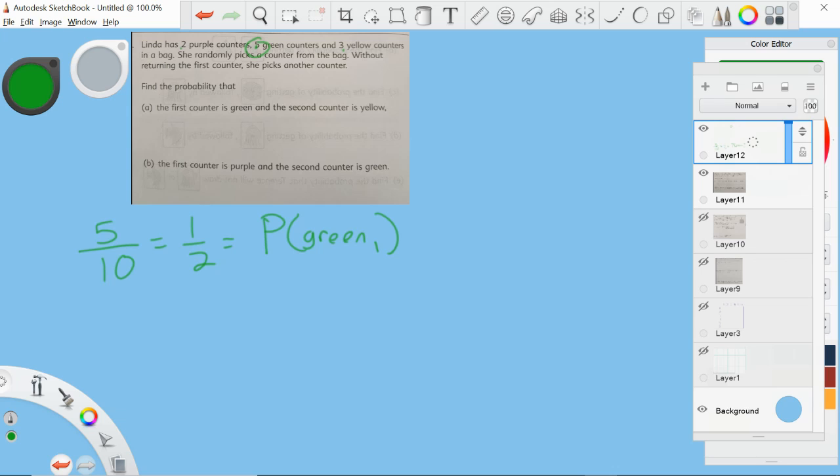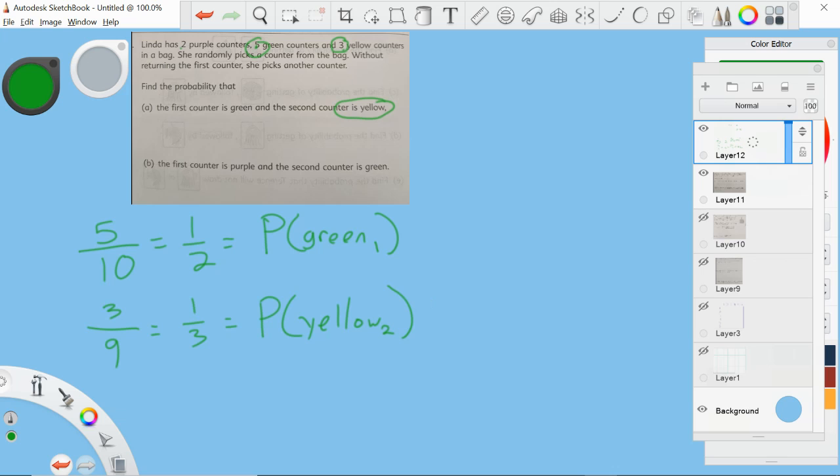Now, what's the probability of pulling a yellow counter on the second pull? Well, let's see. There's going to be 3 yellow counters, but there's not 10 counters anymore because I took one of the green ones out. There used to be 10 counters, now there's 9. Okay, so the first pull affected the number of possible outcomes of the second pull. That's why this is a dependent event. 3 over 9 is equal to 1/3,